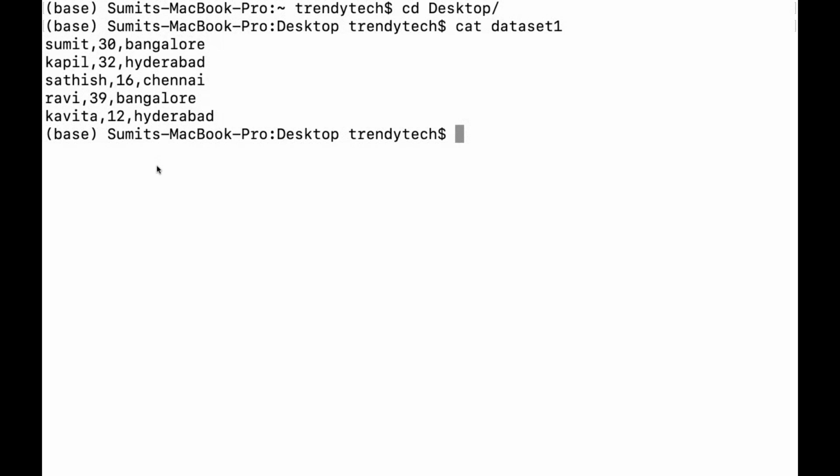Likewise, correct? So you can see the problem statement seems to be quite simple, but it becomes really difficult if you are not hands-on with coding and you are trying to approach this. So let us try to solve this problem using the RDD approach. So let's solve the problem 1.